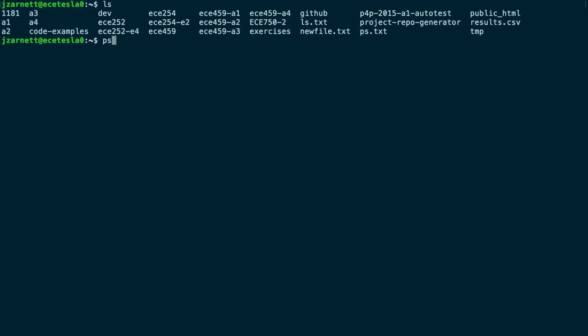If I want to actually list processes, ps will show us my current processes, and ps with the -ef option will show all processes in the system. If I just want to kill my own processes, ps on its own will be just fine. And ps -ef is more helpful for a system administrator who wants to kill a rogue process,